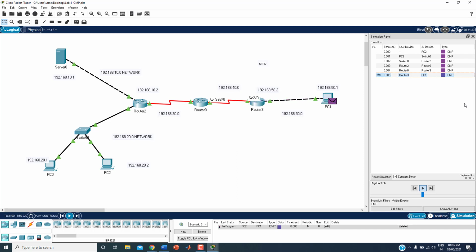Now the reply is coming back, so the reply is blocked. This is how you can do the echo request and echo reply. We concentrate on the echo reply. So this is the end of this particular lab.